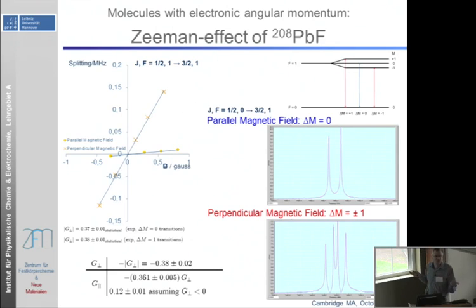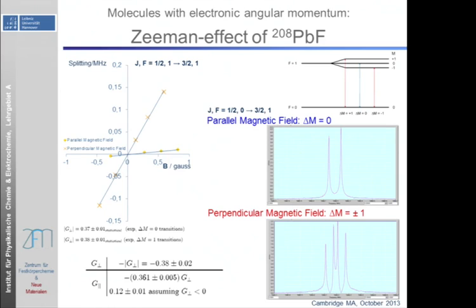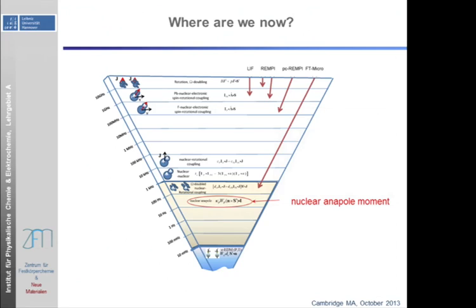And by turning off our Zeeman coils we can do Zeeman spectroscopy. Depending on which coils we turn off, parallel or perpendicular to our microwave field, we get different selection rules and can then determine the molecular g-factor of that molecule. Now, we have not measured the electric dipole moment of the electron in these species yet, because there we still need to improve our experiment quite a lot. However, this was done on this molecule using LIF or REMPI methods, and then we put it in the microwave machine, and within a few days we could improve everything by 5 orders of magnitude.